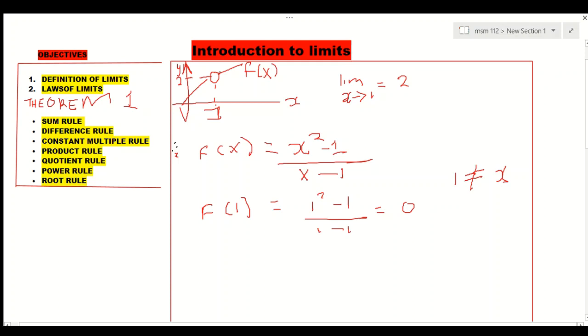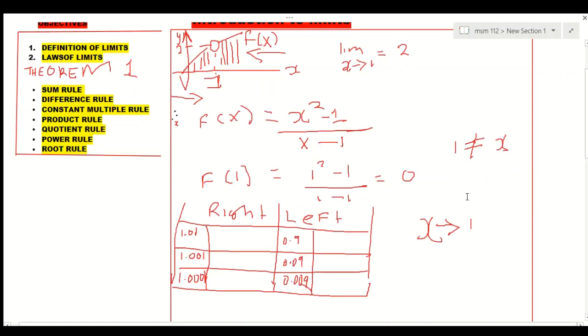Or any number you've been told, get the closest numbers. It can be x approaching 2. Get the closest number to 2. You substitute in your function. So if you put 0.9 in this, you put 0.9 where there is x in the function. So when you put 0.9 where there is x in that function,